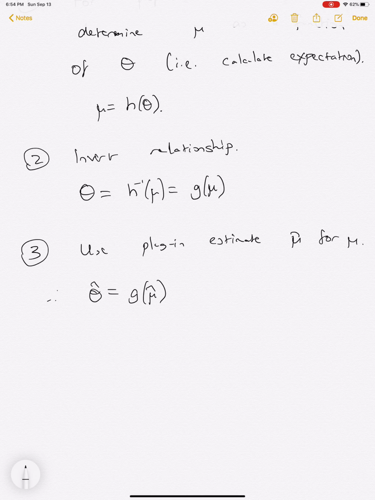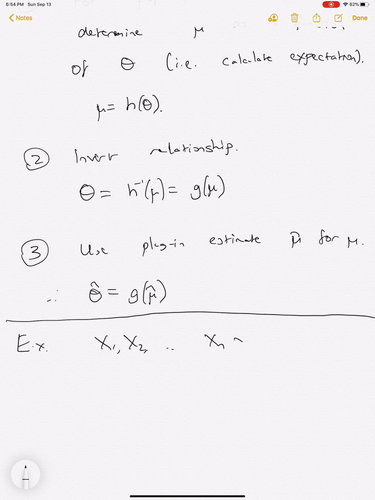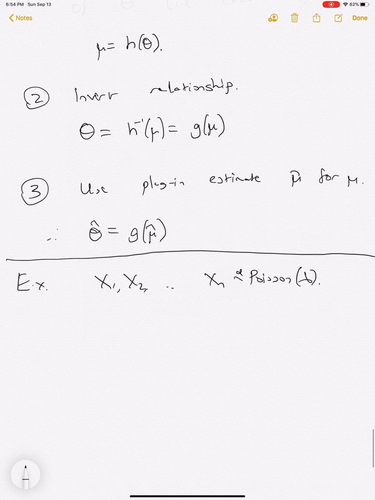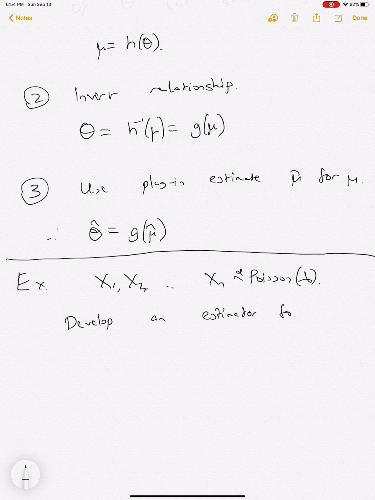Okay, and so we're going to do a number of examples here. We're going to start with a simple example that we've already seen. If X1 through to Xn are Poisson lambda random variables, and we want to develop an estimator for lambda, which we'll call lambda hat,